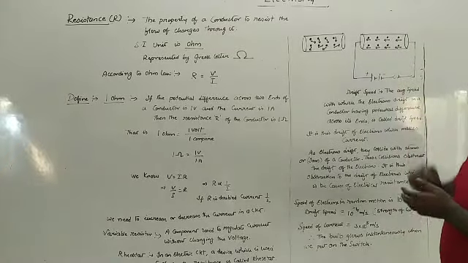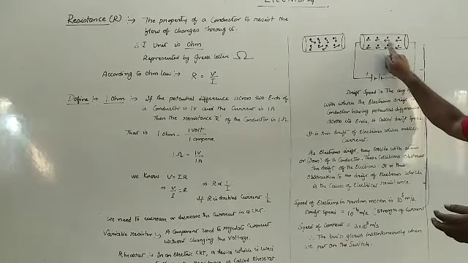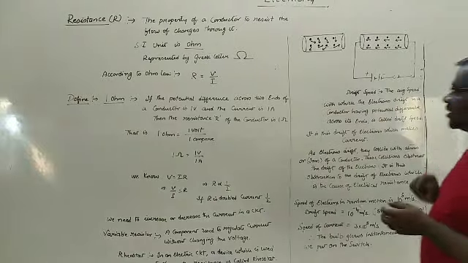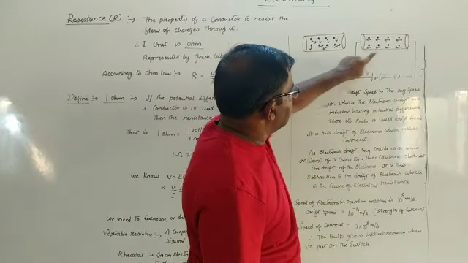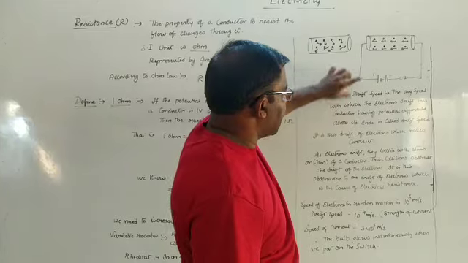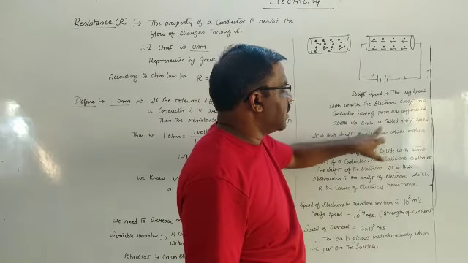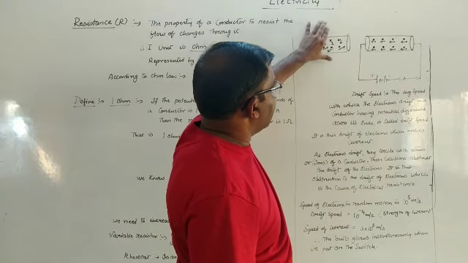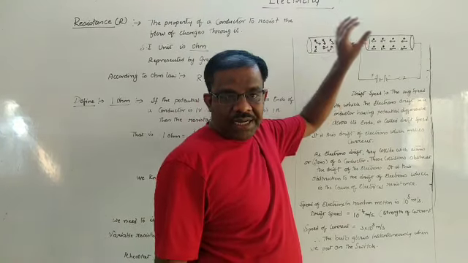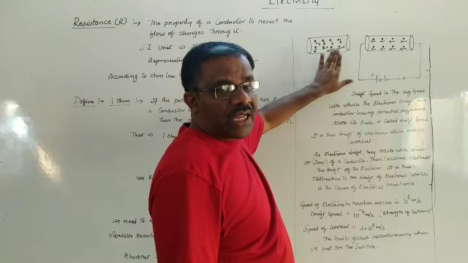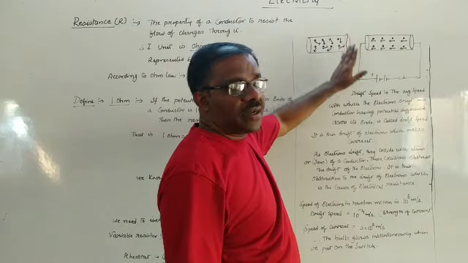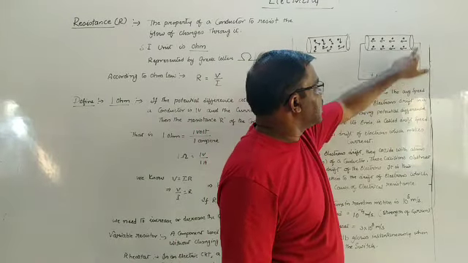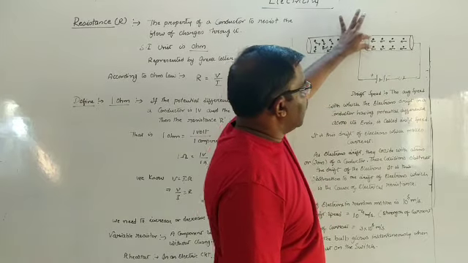So when these electrons move, we say they have a drift speed. What is meant by drift speed? The average speed with which the electrons drift in a conductor having potential difference across its ends is called drift speed. Now here the speed of the electrons is approximately 10 power 5 meters per second. That means when they are in random motion, the electrons are at a much higher speed. When they are not connected to a cell or a battery, they move in different directions and collide with each other. But when a potential difference is established, the electrons will move in a particular direction.